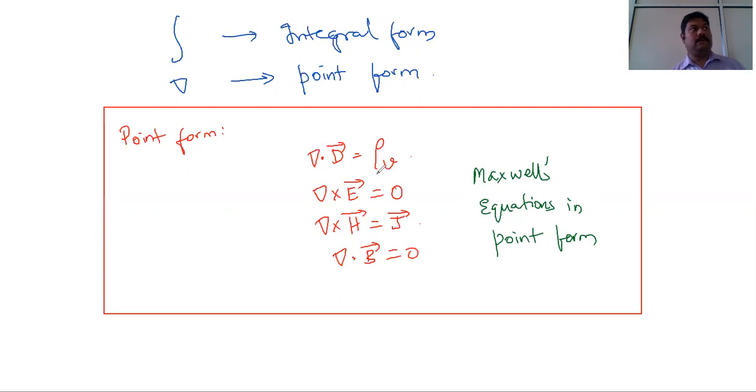Now we will see the integral form. So I hope you have some grip on this from now onwards. These 4 equations combined together are called Maxwell's equations. 2 equations are of the electric field, 2 equations are of the magnetic field. Okay, 1, 2, 3, and 4.